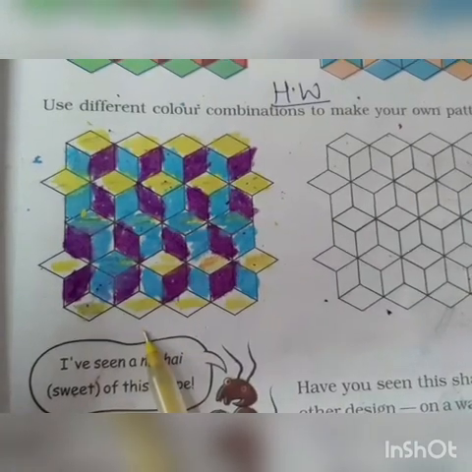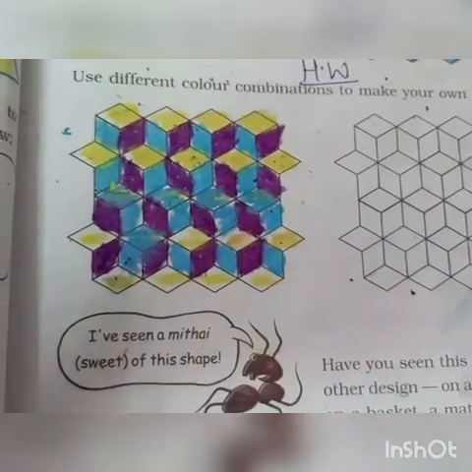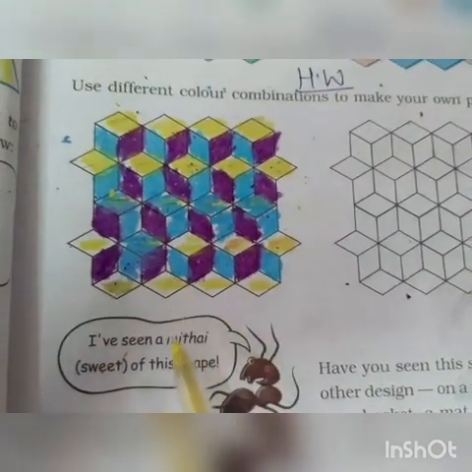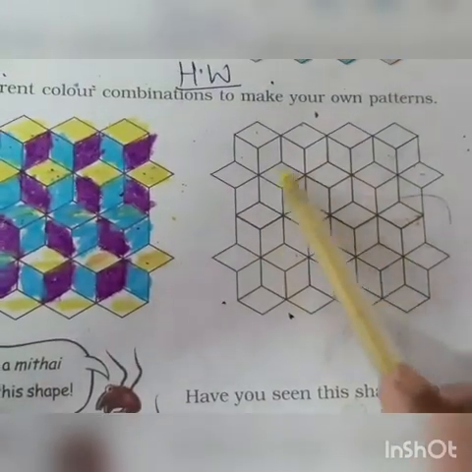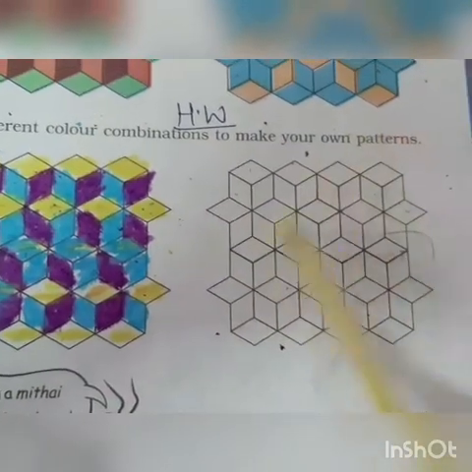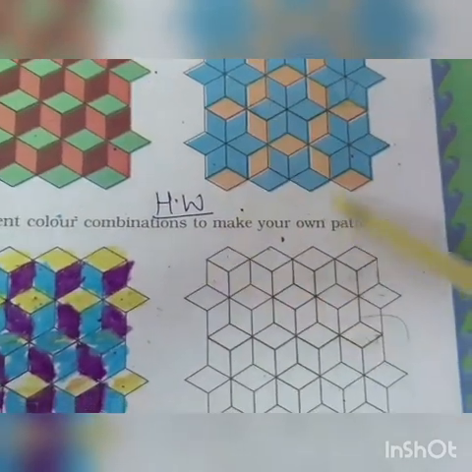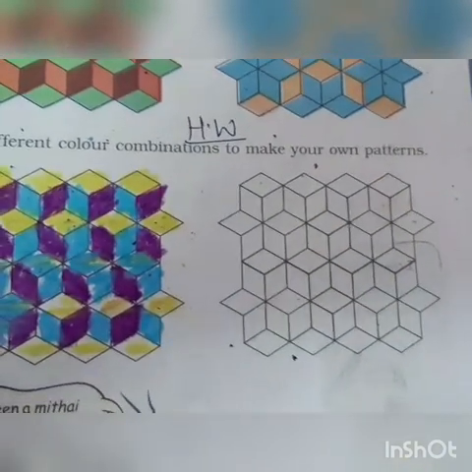You can use any 3 colors and color it, but use light and darker shade, as I've already told you in the workbook also, that if you are using dark shade, then the other 2 shades should be light. Same way you can use any color and make the pattern out of it. Any pattern. It's not necessary that you have to make the pattern as it is given here, but with your imagination and these shapes, color in such a way that you can make out some other patterns also.